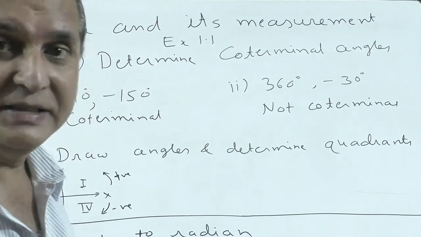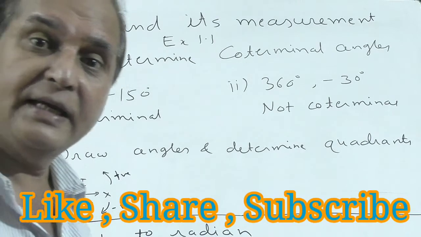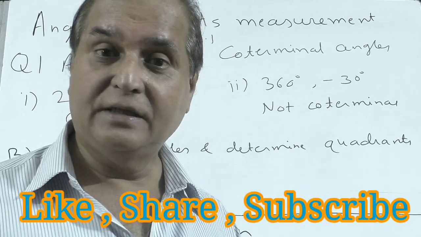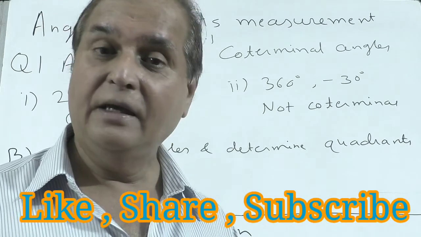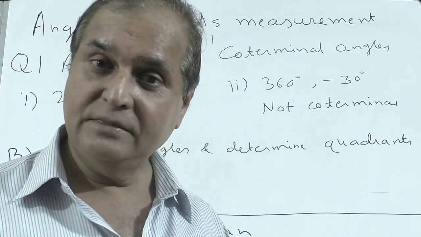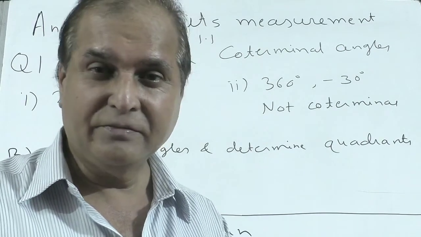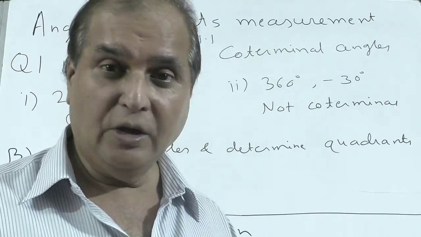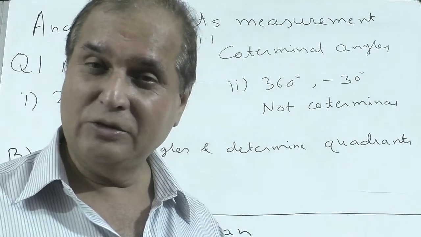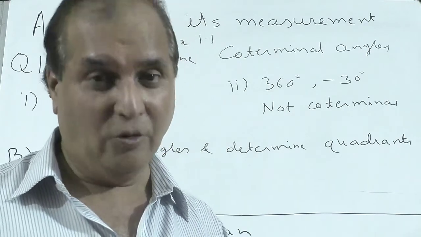There are a few pairs given. You have to subtract the angles. If the answer is 360 or a multiple of 360, the angles are co-terminal. So it is a very easy sum, just subtraction and decide. You have to solve it. I am just helping you. Two sums I will do, the others you do for homework.